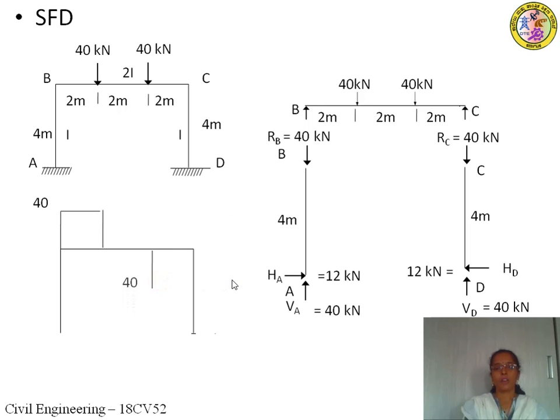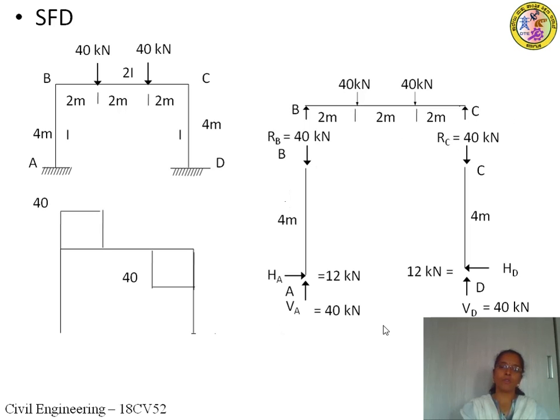Okay. So next, shear force to the right of F to left of C, we don't have any forces. Therefore, shear force will be constant till left of C. Next, shear force to the right of C, we have an upward reaction of RC as 40 kilonewton. Therefore, minus 40 plus 40, again it will be 0. So this will be 0. This is the shear force diagram for the horizontal member.